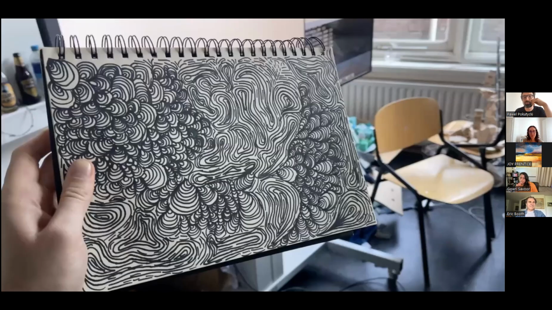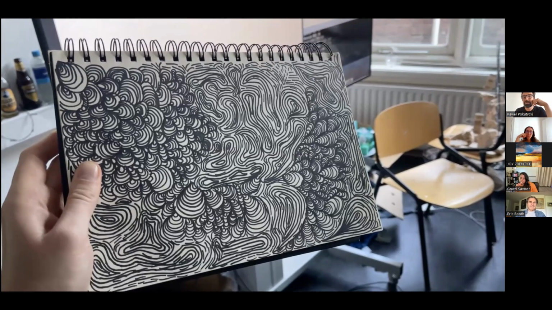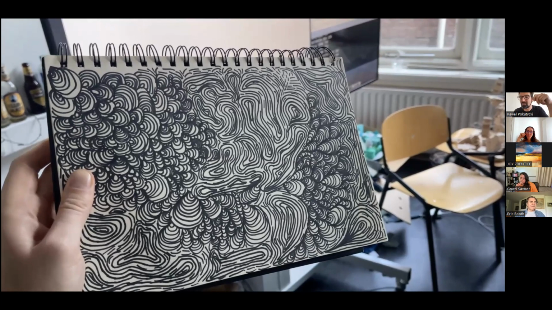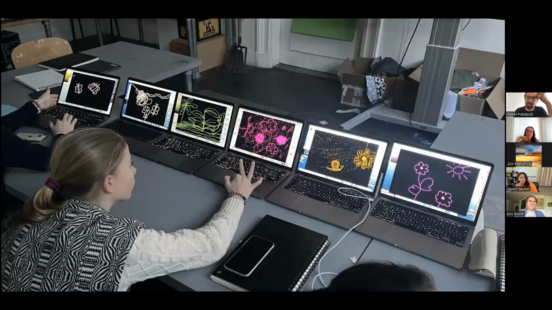This is also what we've been exploring by coding something together. We coded a participatory drawing platform. Each of these computers would be a drawing board, then combined into one drawing in a more or less performative participatory situation in class.